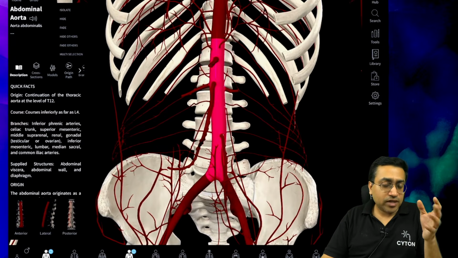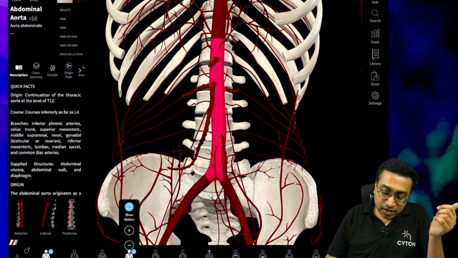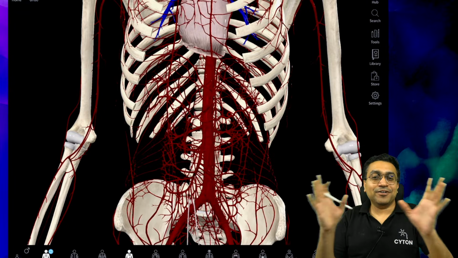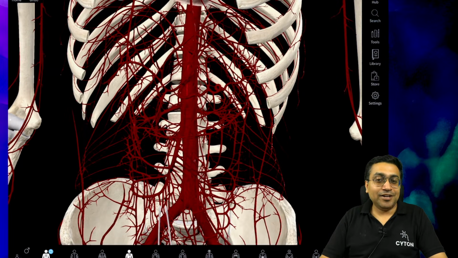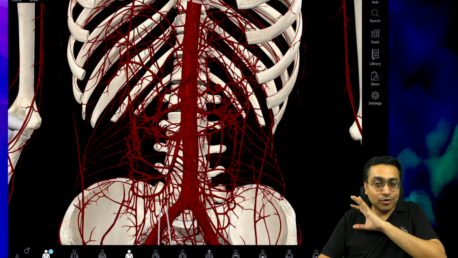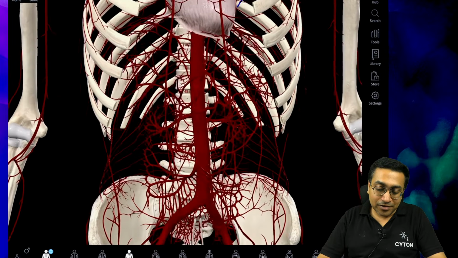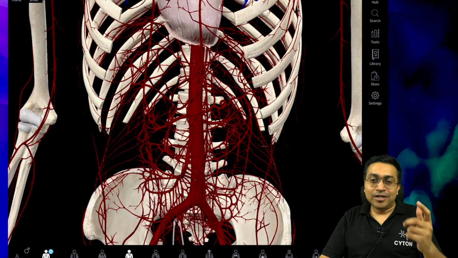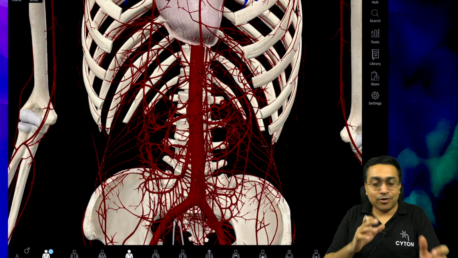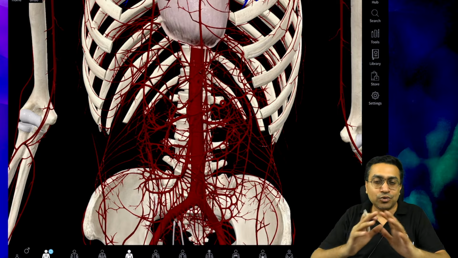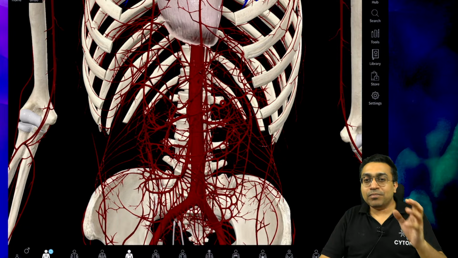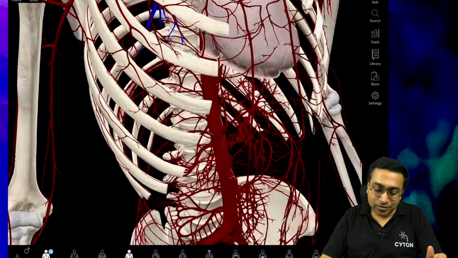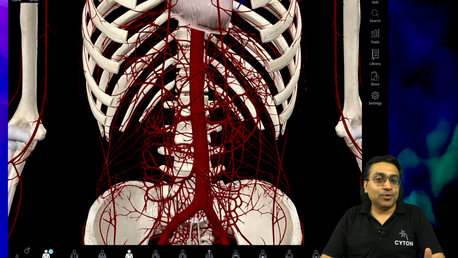There are a lot of branches of abdominal aorta which we will discuss. I can add them, which I have just hidden. Now you can see it's a whole network of arteries which you can appreciate. All the viscera are removed, so all these arteries, and trust me, welcome to MBBS, will be on your fingertips eventually when we move on region wise. I will rotate, pan, zoom, everything. I will show you so many things in 3D so that you remember by heart. At least 90% of the arteries will be known to you from this entire network which you can see here.